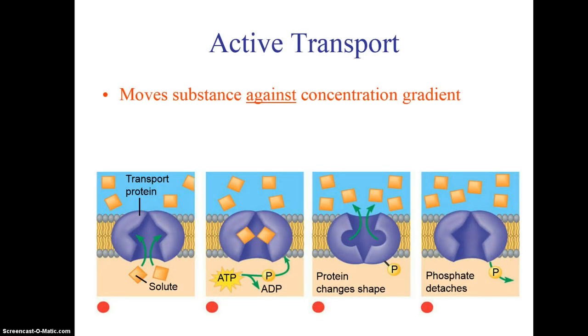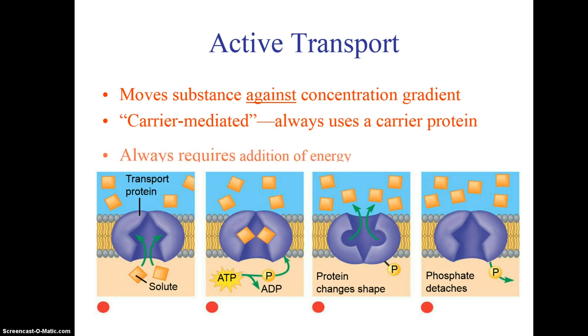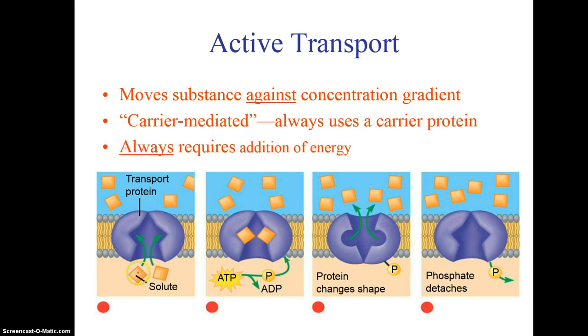Active transport. These are the kinds of proteins that are going to be bonding to some kind of molecule. What happens here is, if you see, we have more molecules outside of the cell, so we're going to say that the solution outside the cell is hypertonic and inside is going to be hypotonic. And so instead of going from the higher concentration down to the lower concentration, traveling with the concentration gradient,